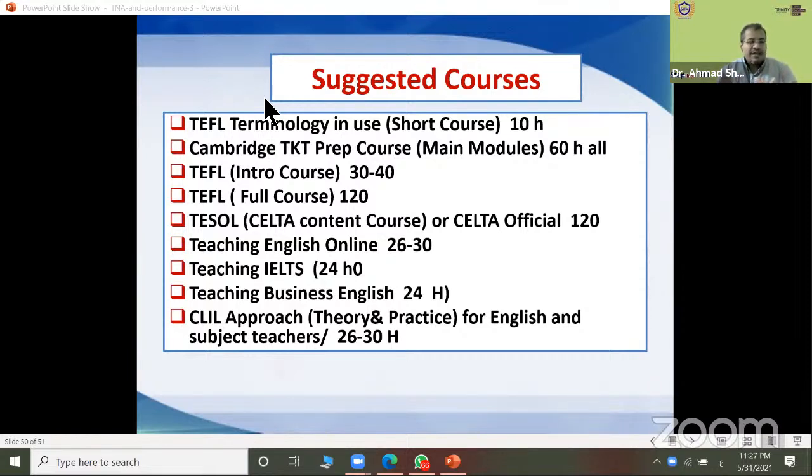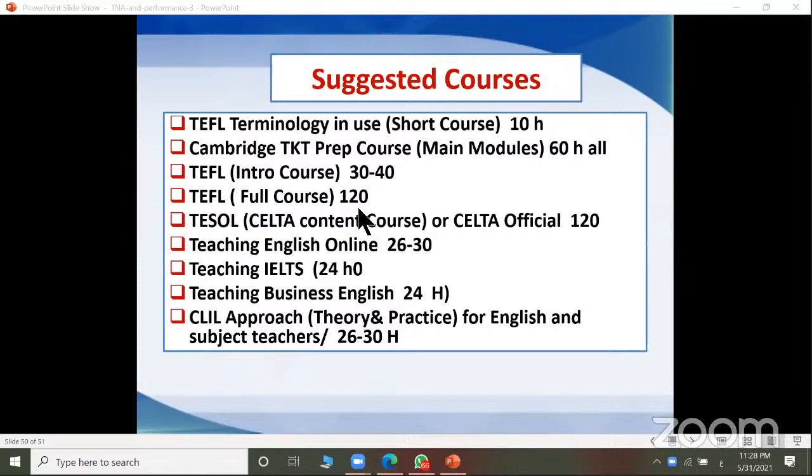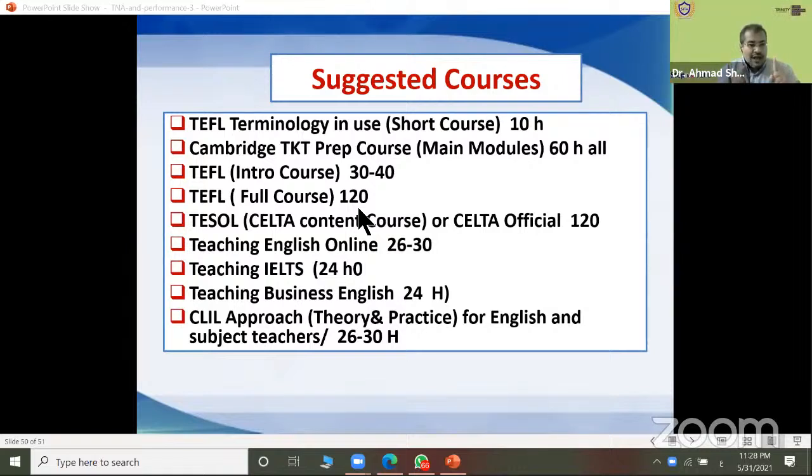It depends on their level of English and the band required. For example, when someone needs band 7.5, it needs a lot of time to achieve that. But as a teacher, you already have teaching skills, so teaching IELTS for you is not that difficult.